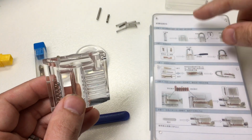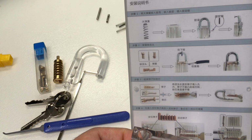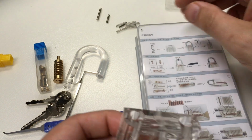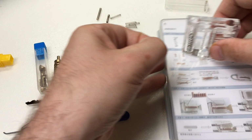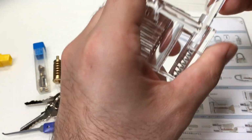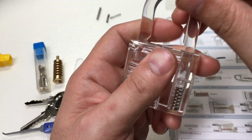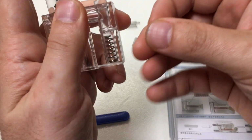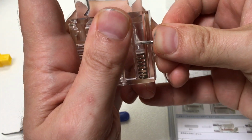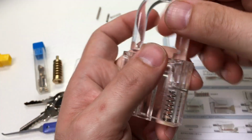There we go. Then it says that I should put in the shackle, and put in a retaining pin. So I'm assuming that that is a retaining pin it wants me to put in. And there's the shackle. So if I depress the shackle, and it wants me to, yes, put that under some spring tension, and then put the pin in there, I think,